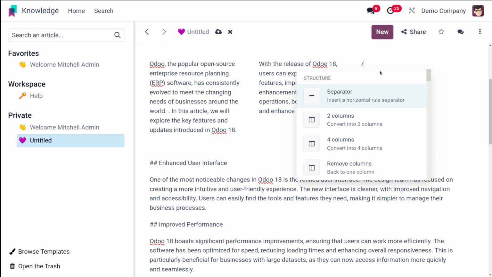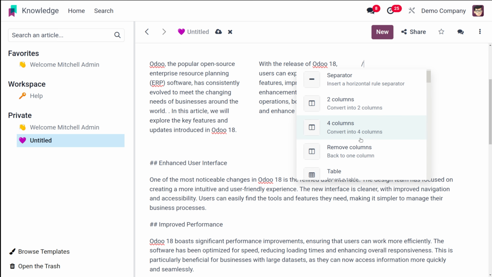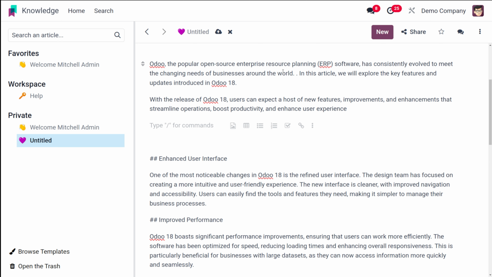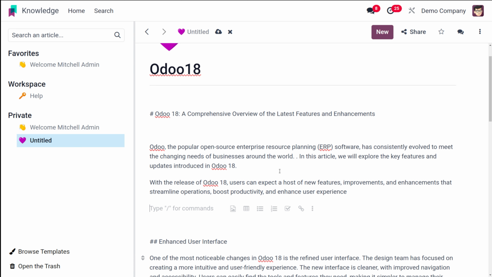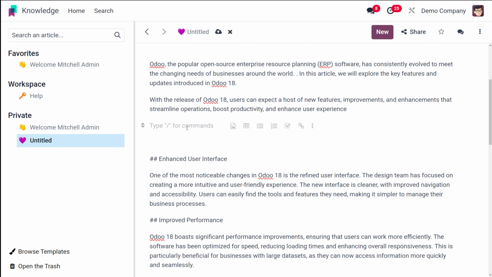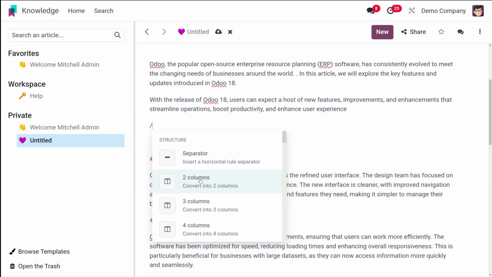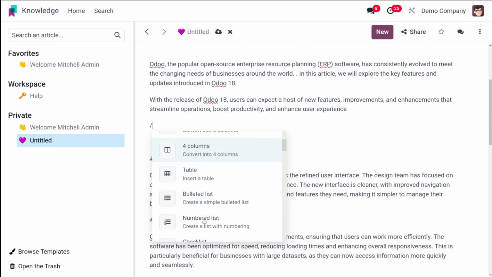And if you want to empty the column, to remove the columns, you can simply click back on remove columns and all of them will be removed. So the already existing paragraphs or sentences can be made into different columns. Okay, so that's how columns work. So you have different types of columns, which is 2, 3 and 4. You can convert text into different columns.